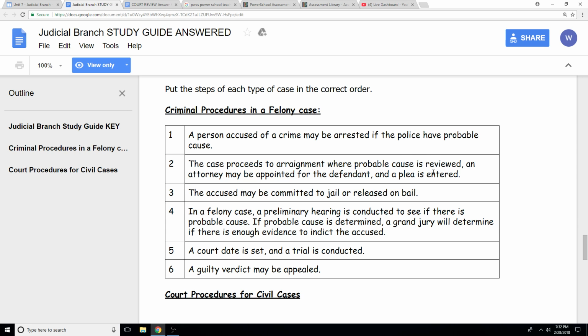If you say you're not guilty, even if you say you're guilty, you still have to have a hearing or a sentencing hearing, but let's just say you say not guilty. You then are faced with two choices. You can either go to jail and await your trial date, or you could be released on bail, jail or bail.